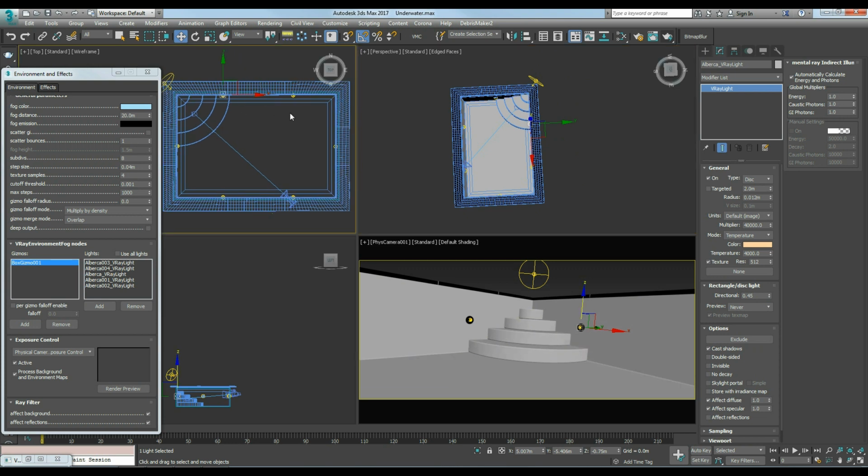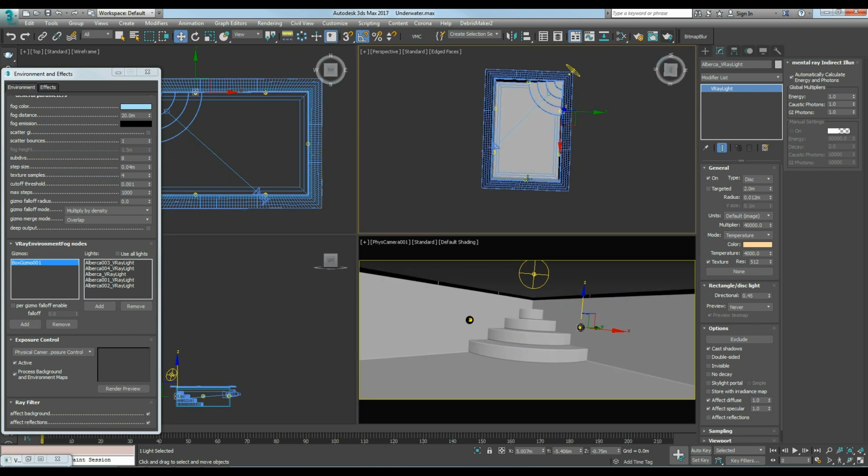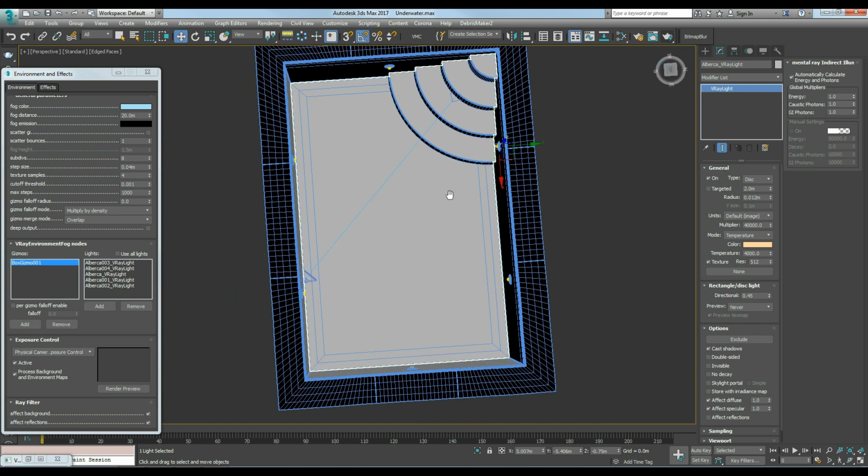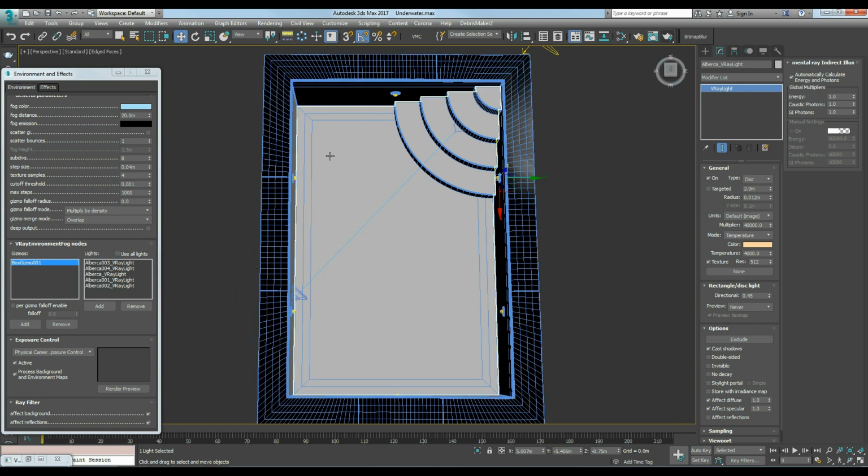I will choose only 5 lights because I don't want this one here that is behind the camera. I don't want to calculate the fog behind the camera because it won't be a pressure. You won't see it in the final animation, and it will be slower to calculate another light. So these 5 lights are just these 1, 2, 3, 4, and 5.